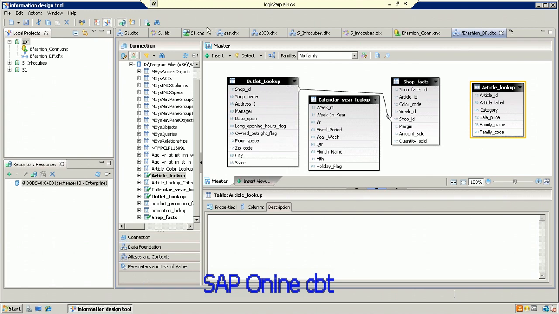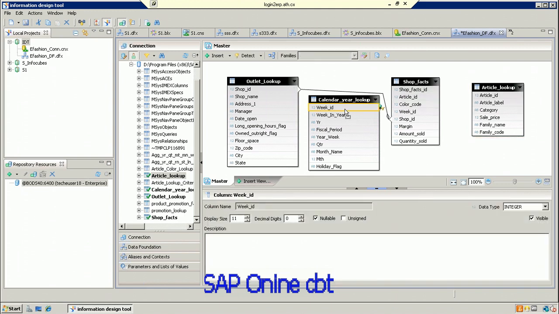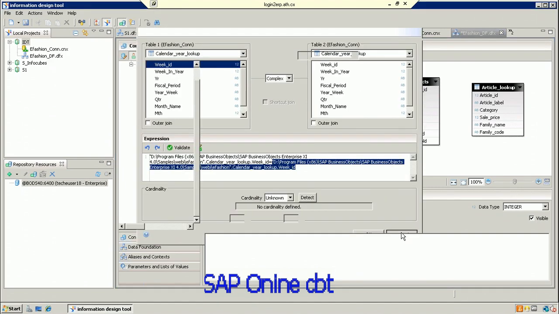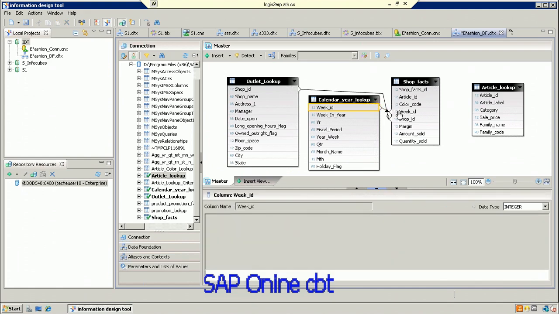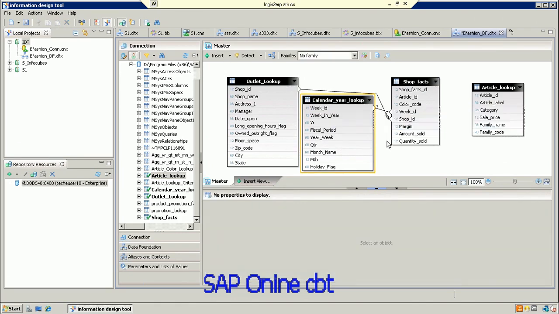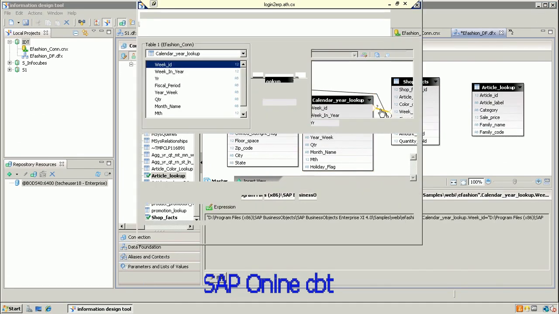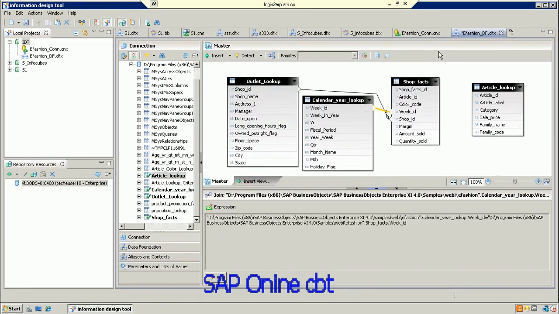Yeah. So now the calendar year lookup table and the shop fact table. There are two tables. So what is the common column here between them? You can directly join it. So select this, and join with the week ID to week ID. So now just set up this cardinality. And similarly,